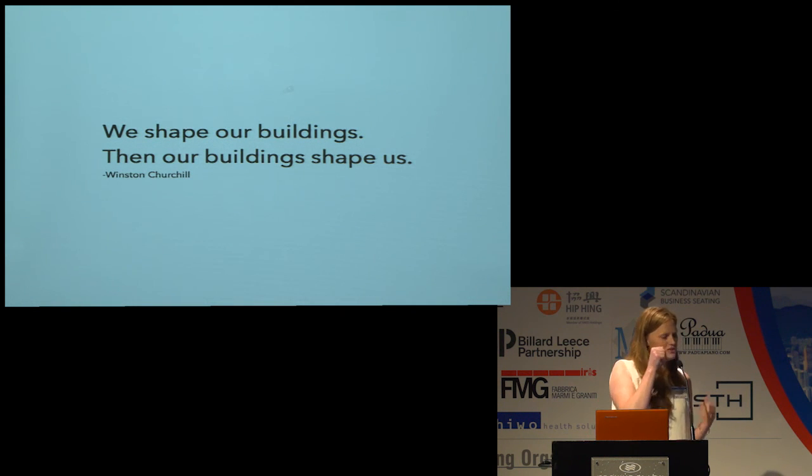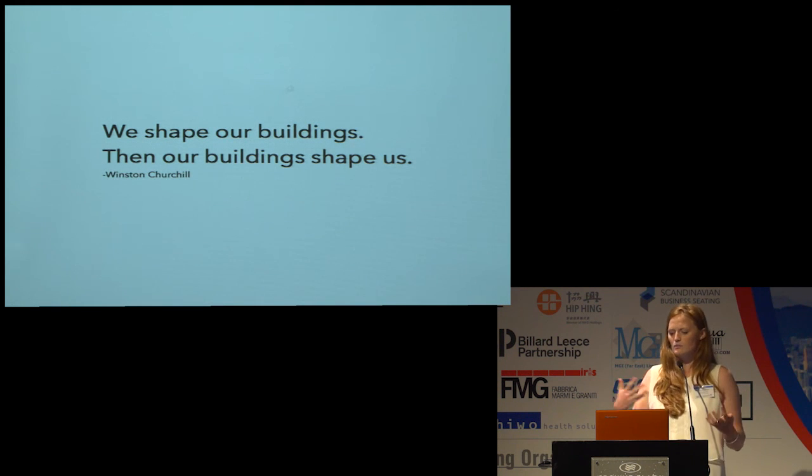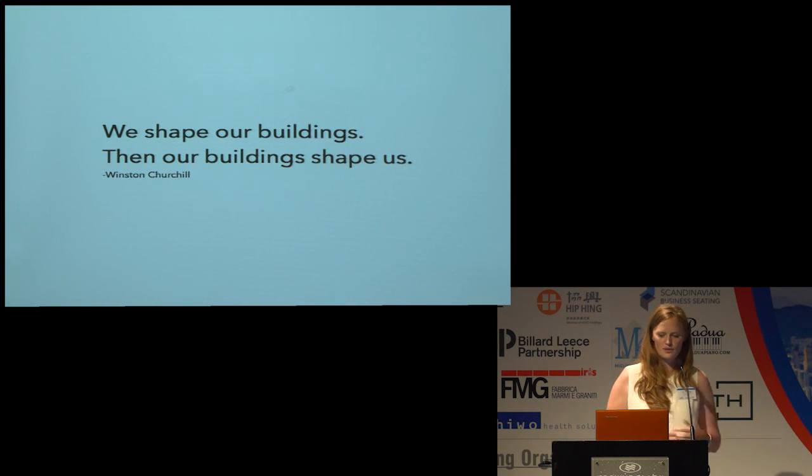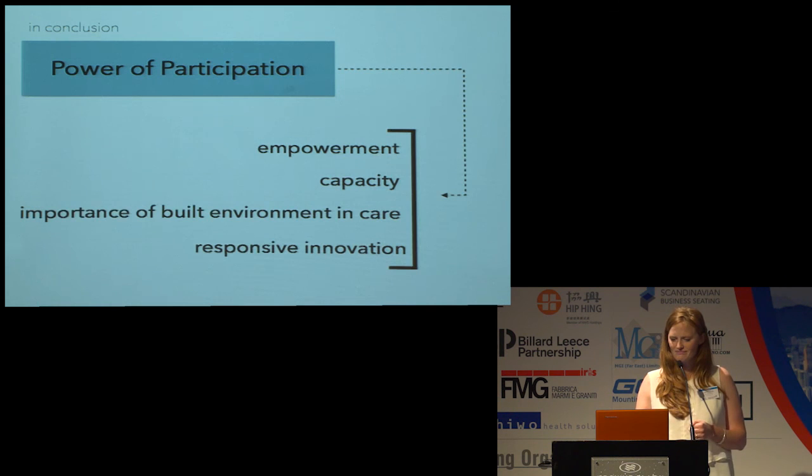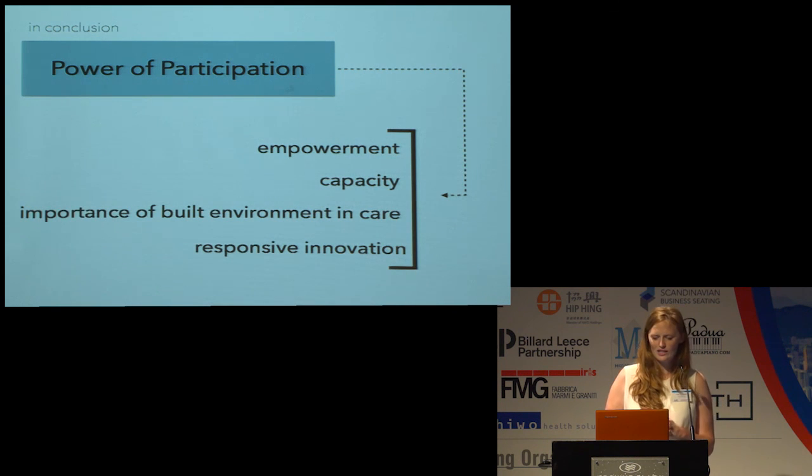This quote means a lot to me: we shape our buildings, and I believe also who we ask to be involved in shaping our buildings will then shape us and the care we provide. If we don't ask every single user in the building to participate in this question, we might be stuck with the wrong perspective. And in final conclusion, I really want to send home that message, the power of participation,